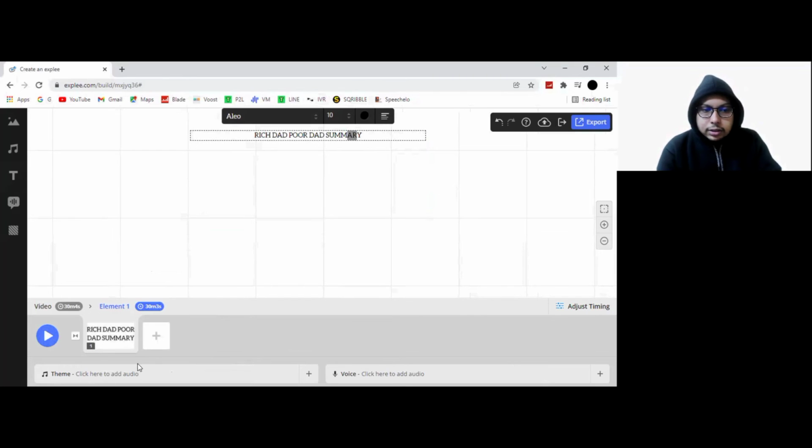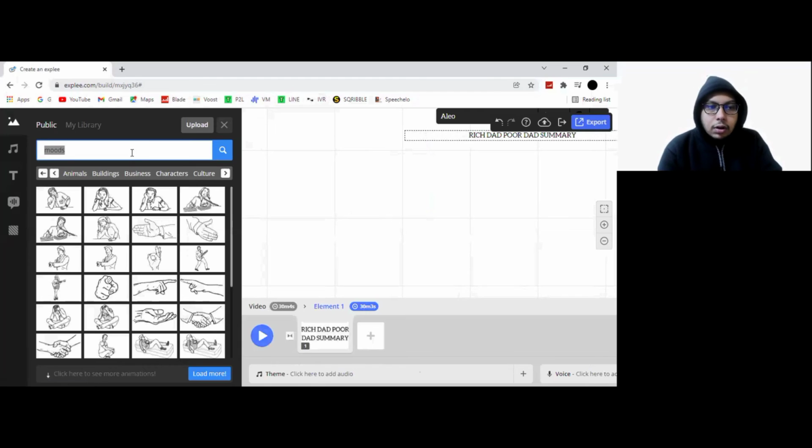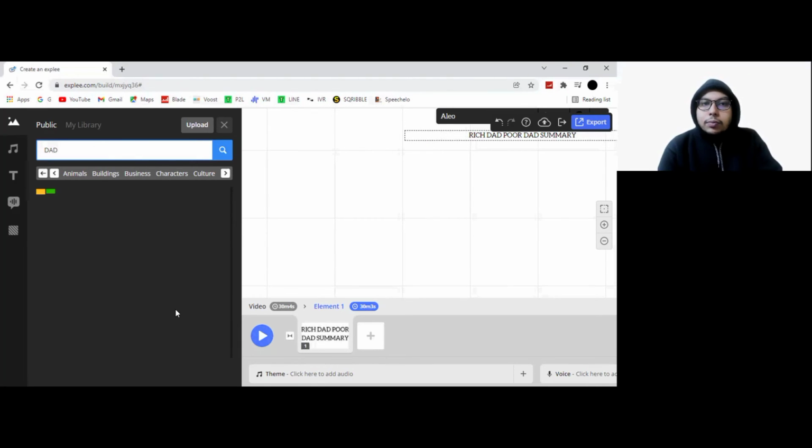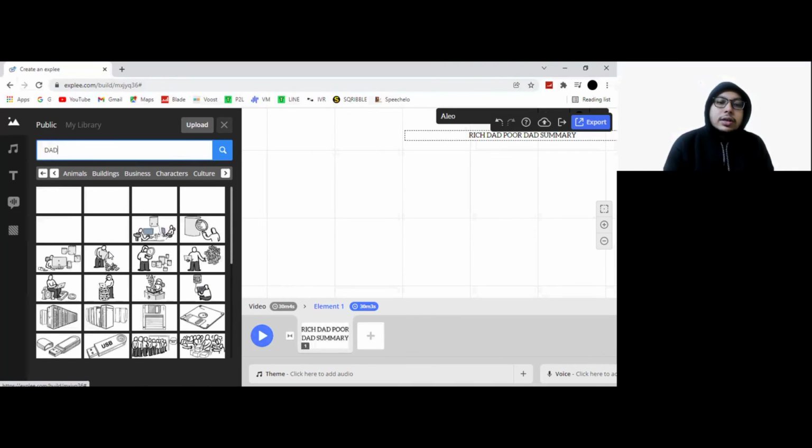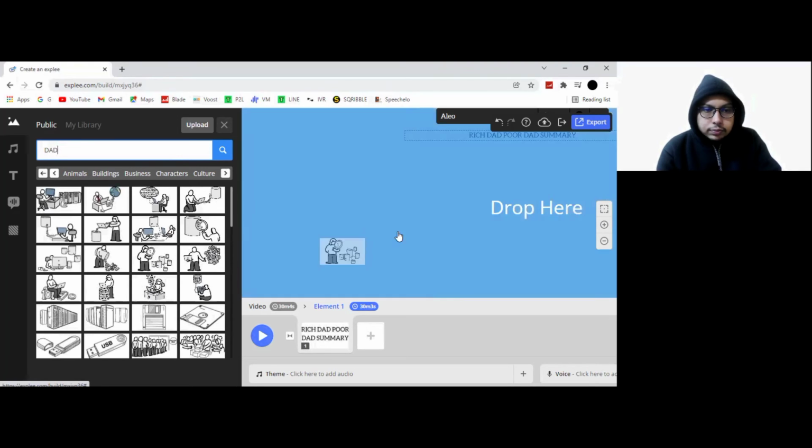Now we need to add another element. We can add some images, like of a dad, let's assume. Now we can actually use all of this, and it might take some time for you, but what I'm going to tell you is pretty simple. Just hold on, because it is worth it. Now here you can see some good images being shown right here, and now you can see this one.